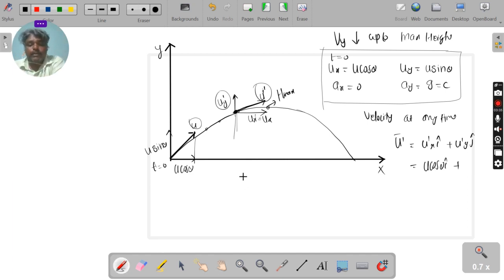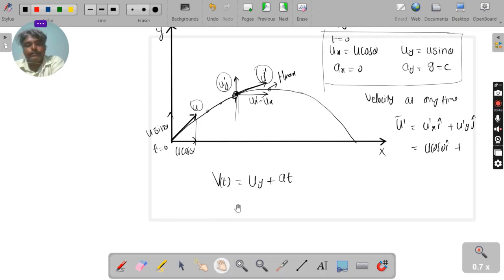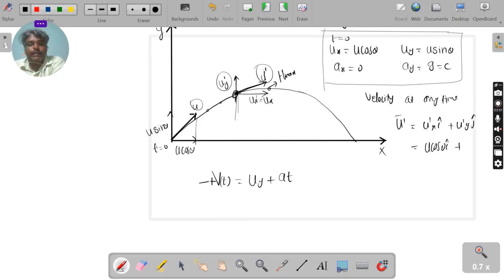So the vertical component velocity, final velocity at this location at any time, is equal to initial velocity plus a into t. The velocity at any time is equal to initial velocity u sin theta